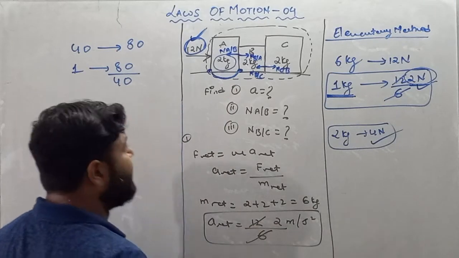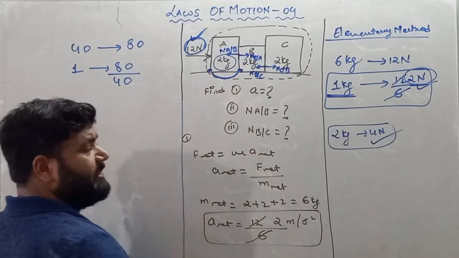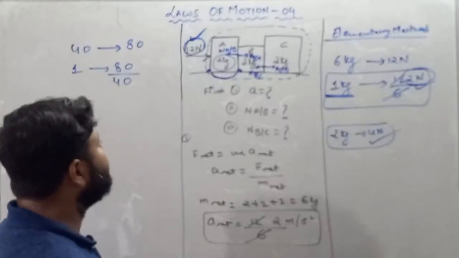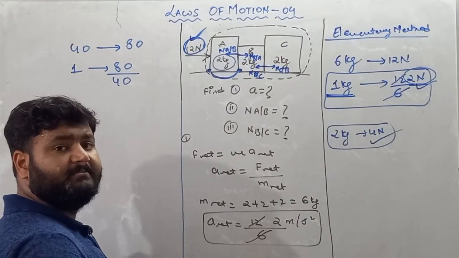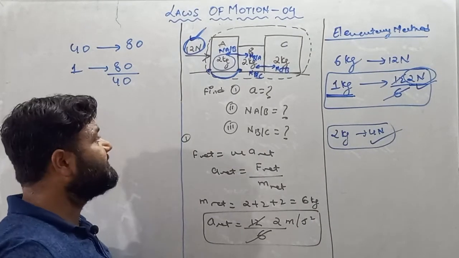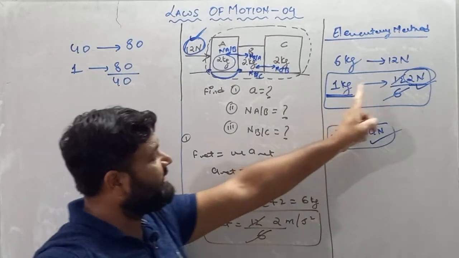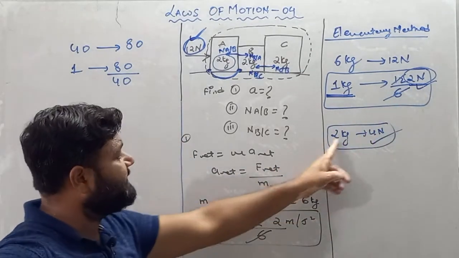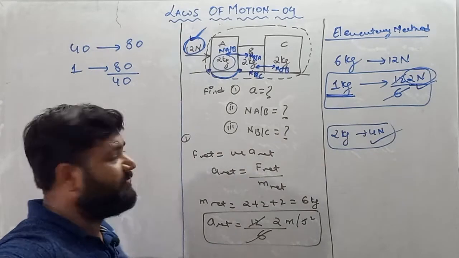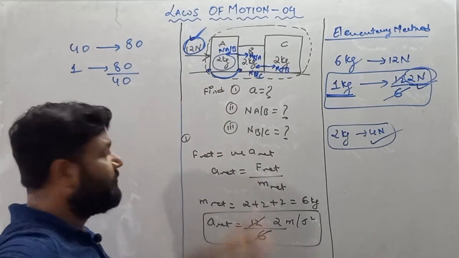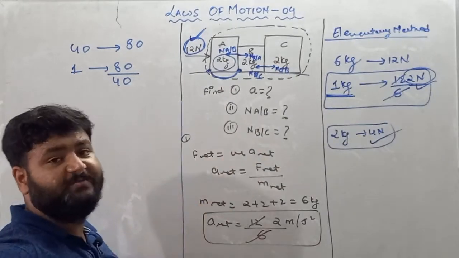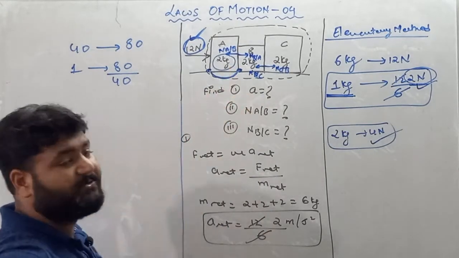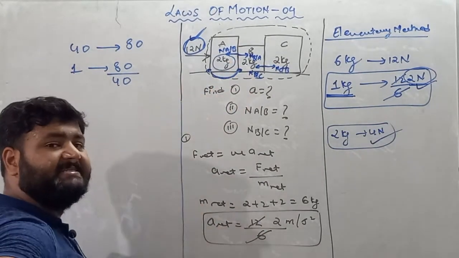So how much force do we have now? From here to here we will move 2 kg. 12 Newton force is with us, but 4 Newton force will be vanished. Try to find the answer. How much force must it be? If 1 kg mass needs 2 Newton force, then obviously 2 kg mass needs 4 Newton force. If I am here, we have 12 Newton force, and after moving 2 kg, 4 Newton force will be used. So how much force do we have after covering 2 kg distance?